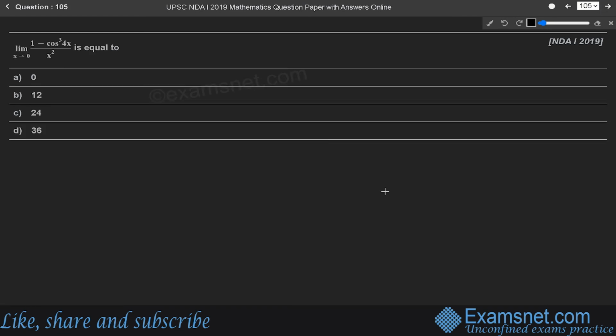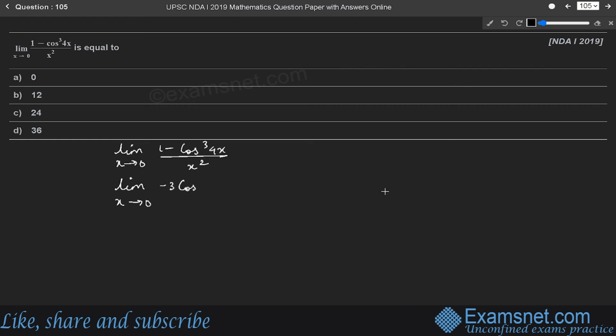Next question is, limit x tends to 0 of (1 minus cos cube 4x) upon x square is equal to. We have to find the value for the given expression. This is a question from limits and derivatives, and we can see that the question is in 0 by 0 form. So by using L'Hospital's rule here, it will be equal to limit x tends to 0